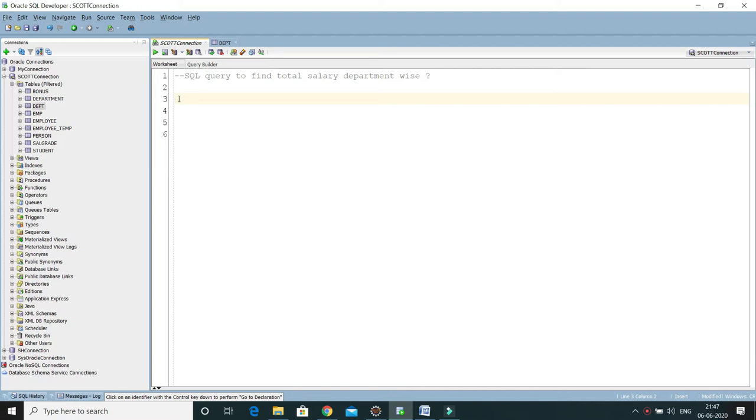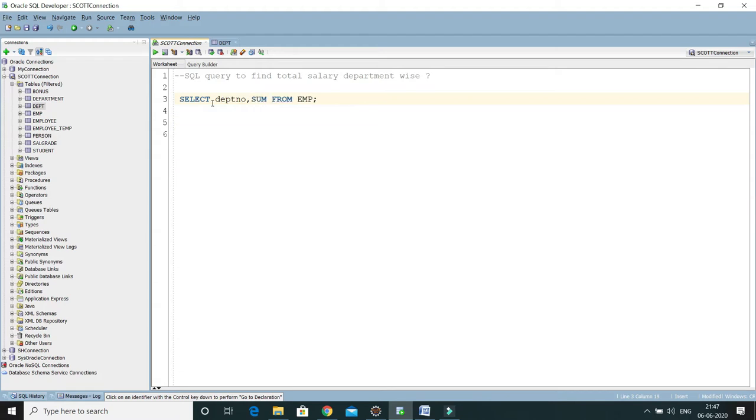We often use the sum function in conjunction with the group by clause to calculate the sum of groups. So here we are going to write select, and from, we'll select a few columns, and here I'm going to write the EMP table. First of all I'm going to select the department number, DEPT number, and then we need to get the sum of the salary.